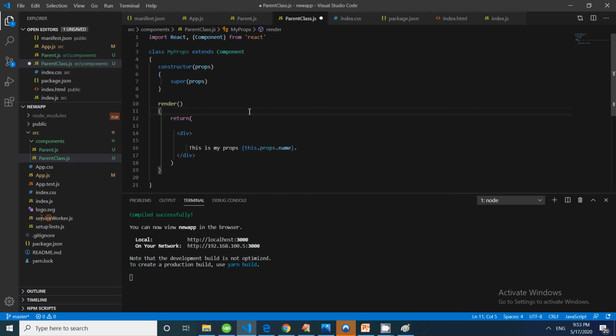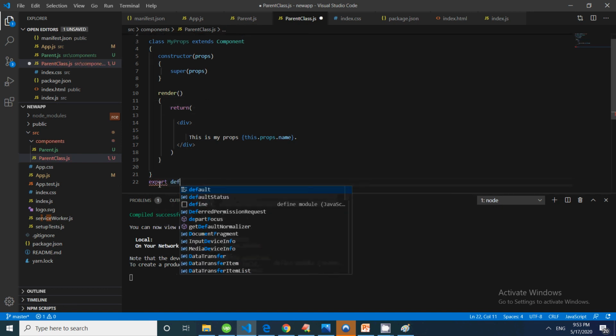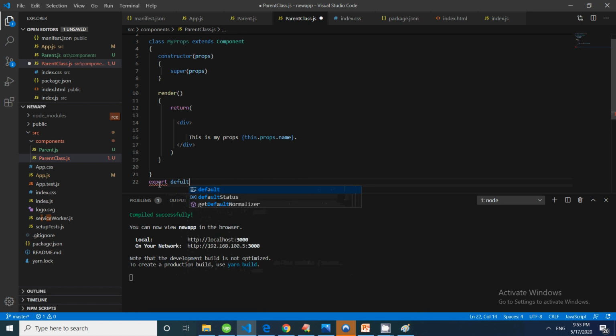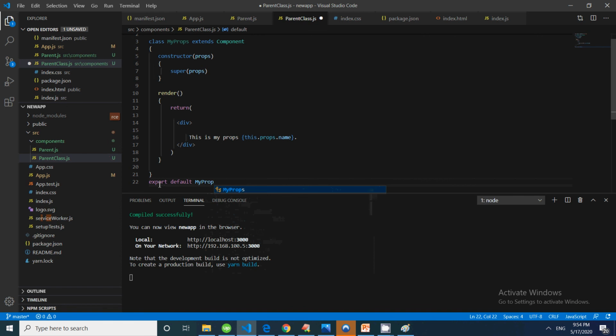So this is the way through which we can pass props in the class. Now again, in order to make it usable, we have to export default, and then my props. So this class is ready.